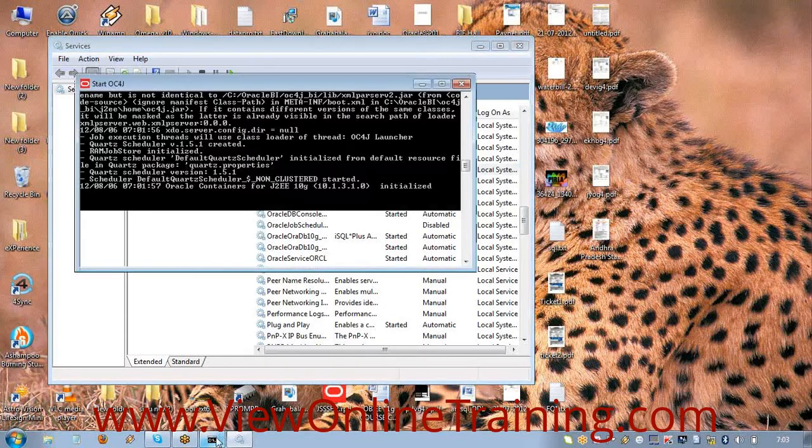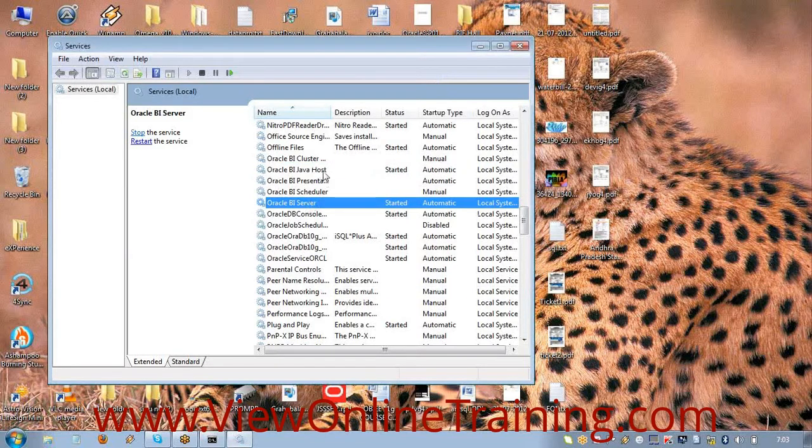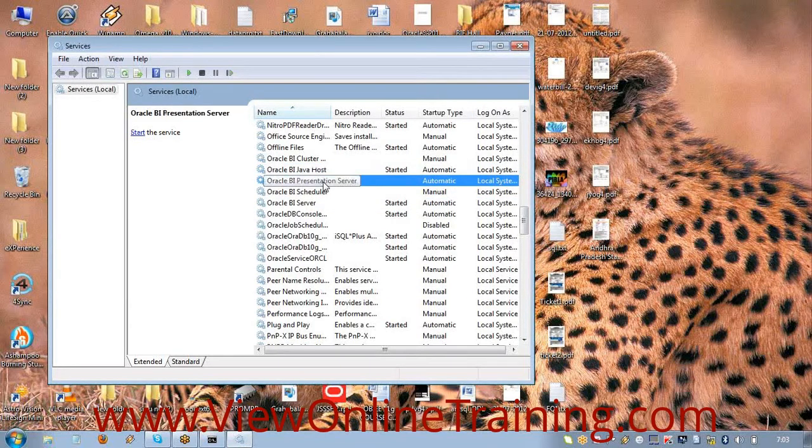Actually, what happens is that when your OC4J server is started and initialized, there are 3 servers which start automatically: BI server, Java Host server, and Presentation server. What are the 3 servers that start automatically?